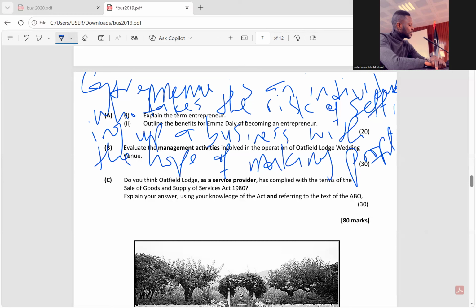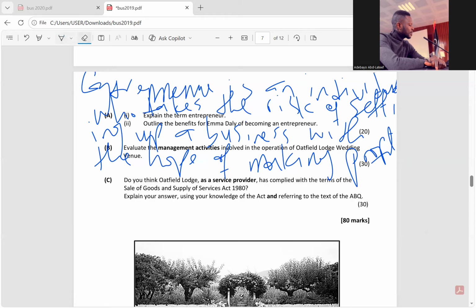An entrepreneur gains a sense of freedom from being their own boss. So you have freedom to choose your time, your money. That's why you are an entrepreneur. So that is independence. According to the extract, Emma became frustrated with the limitation of working for other people, and that was the reason she resigned from the company. She got frustrated, and as a result of that, she started her own business. That's the first benefit of being an entrepreneur: independence.